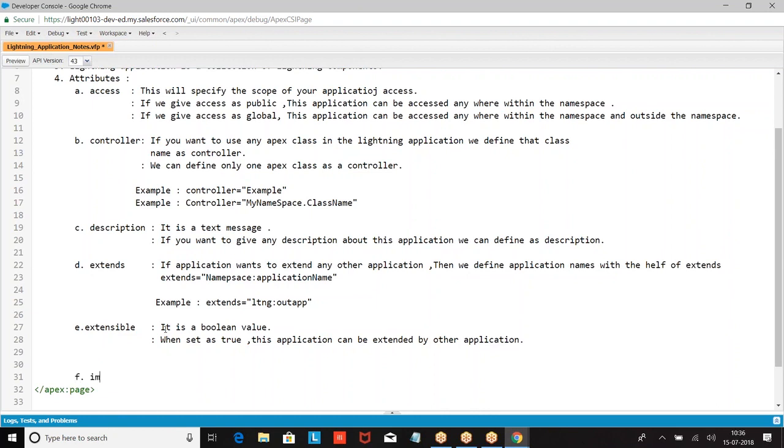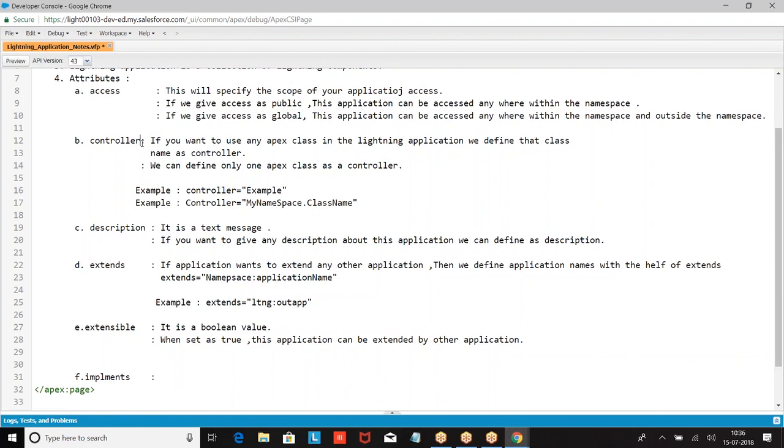Then we have implements. What is this implements? If the application wants to implement any interface, then we go for implements.